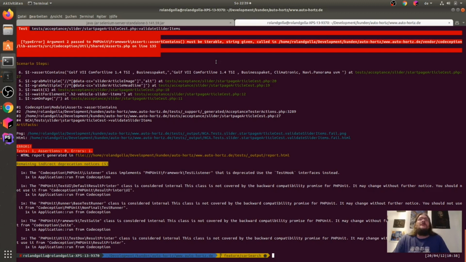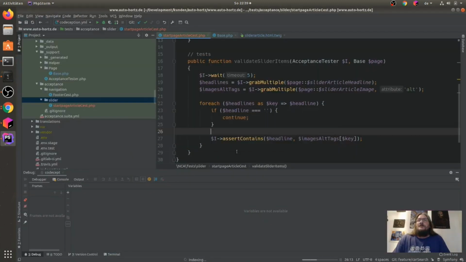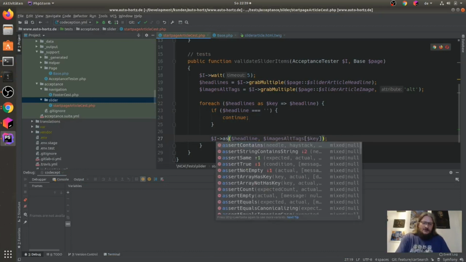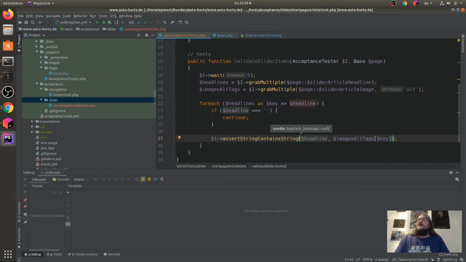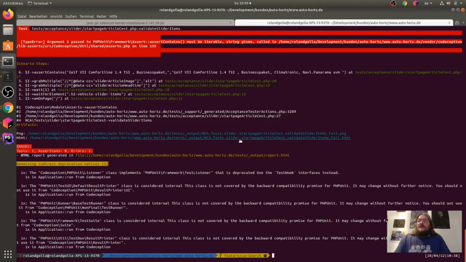Okay, this is wrong. Assert string contains string. Needle, haystack. On the next PHPUnit fail for me, I will give you a virtual beer here.